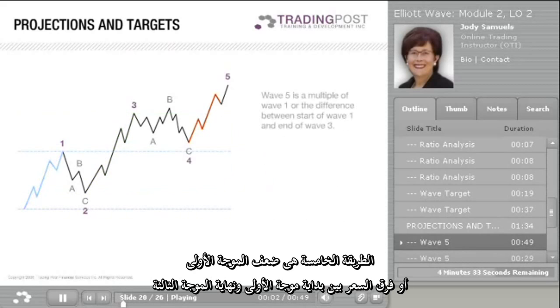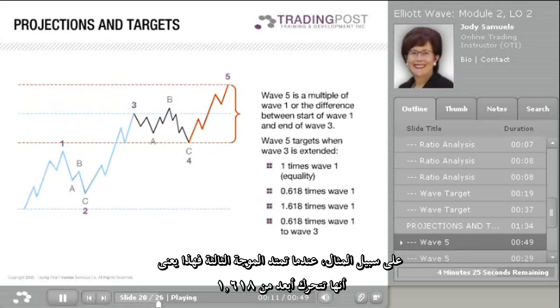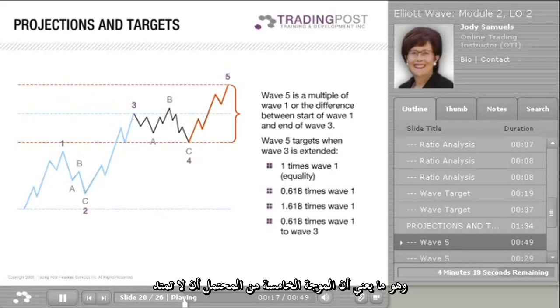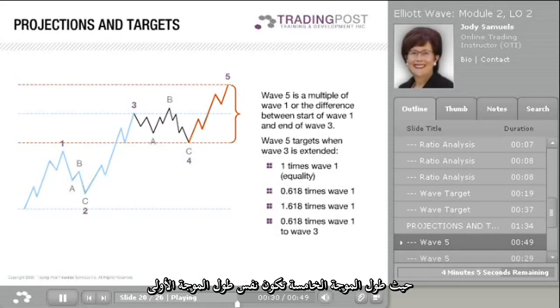Wave 5 is a multiple of wave 1, or the price difference between the start of wave 1 and the end of wave 3. For example, when wave 3 is extended, meaning that it has traveled further than the 1.618 times the length of 1, it means that wave 5 will likely not be extended. The likely targets for wave 5, when wave 3 is extended, are 1 times wave 1, or equality with wave 1, where the length of wave 5 equals the length of wave 1,